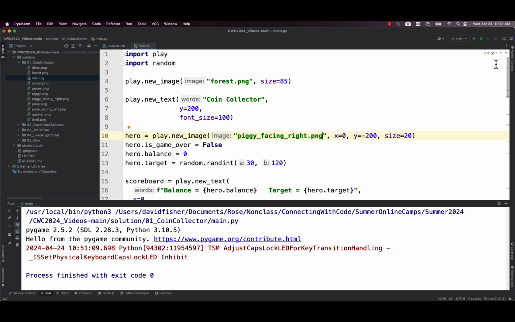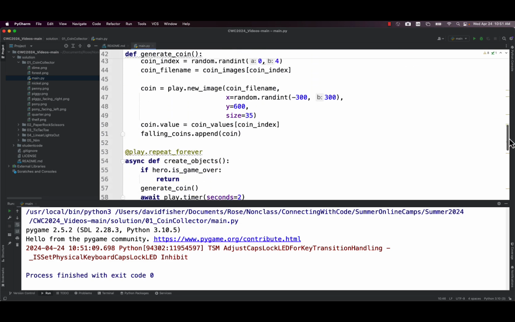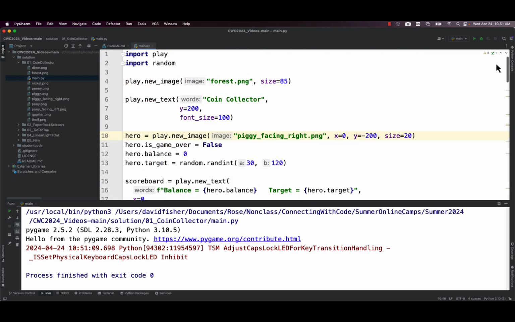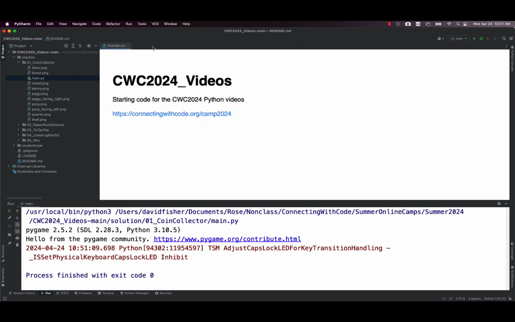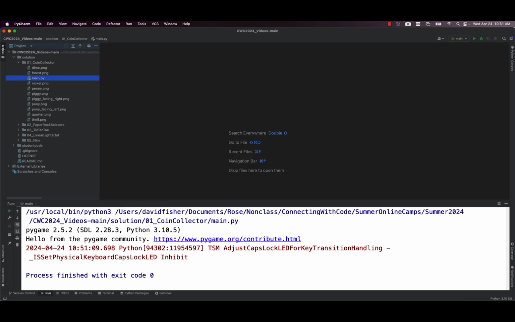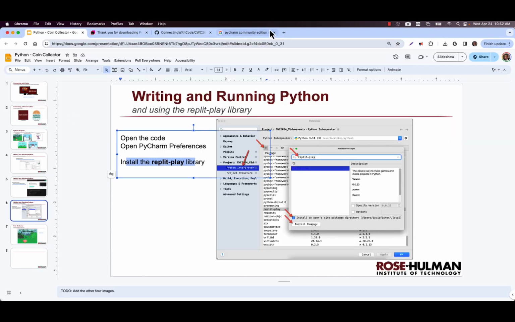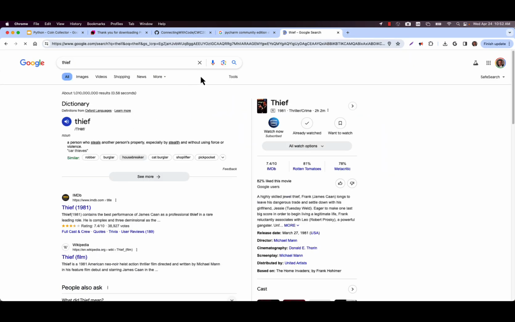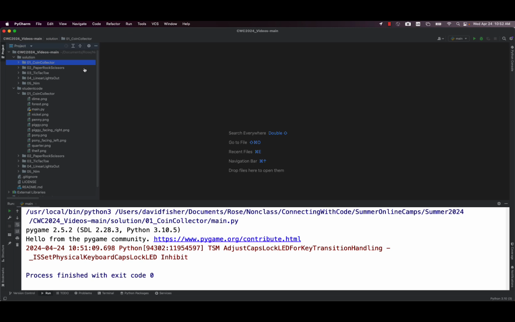All right, so all this code, you can see that we're going to write all of this. It looks like it's 80 plus lines of code. What we're going to do is try to not look at the solution and just go into the student code area. And you can see that we've got all these images already prepared for you with the word thief, I think, misspelled, right? Is that a misspelling of thief? Thief. Yeah. Maybe I'll actually fix that before you get it.